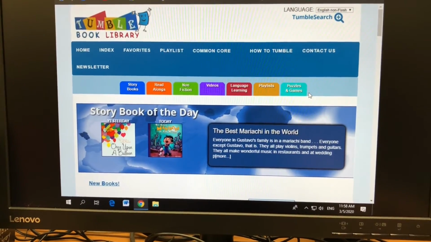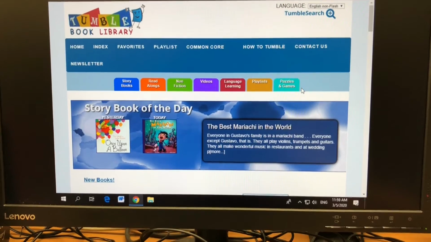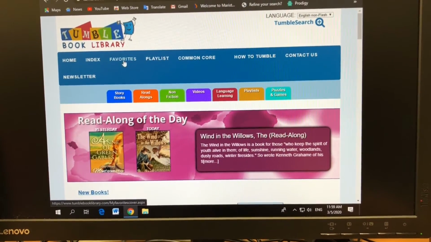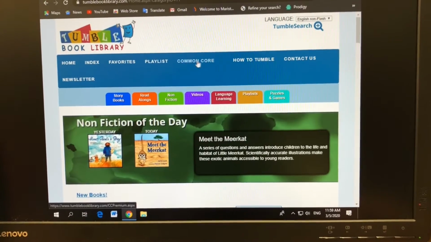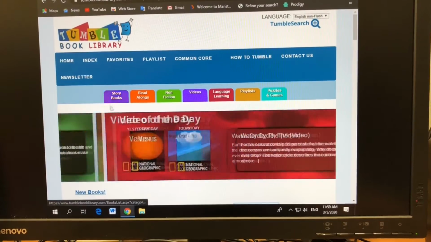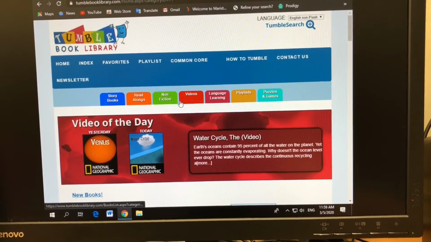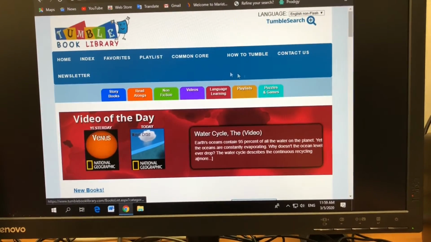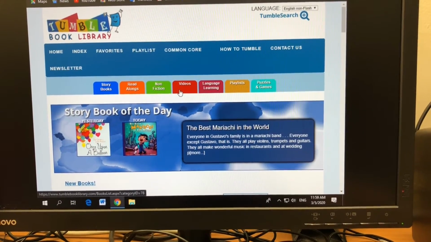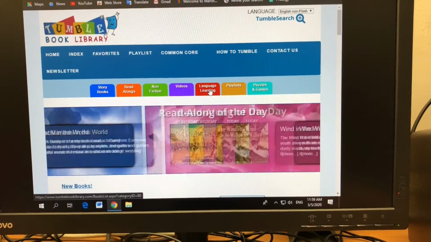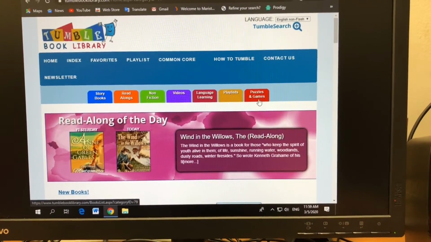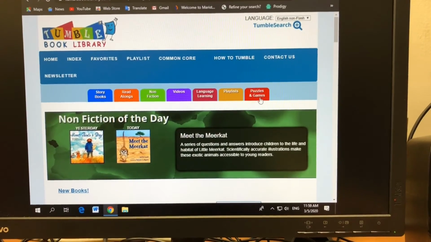All right, this is the Tumblebook Library homepage. And there are a number of tabs that will take you to different sections that have information about Tumblebook. And this colored tab section gives you all the different options you have in terms of reading and media, multimedia type activities. So puzzles and games,